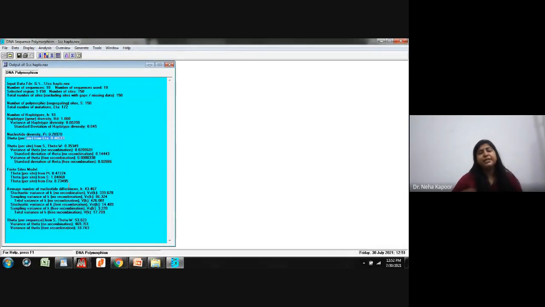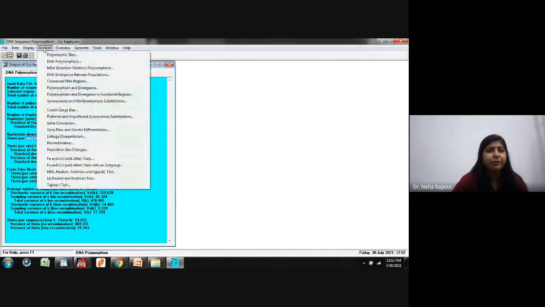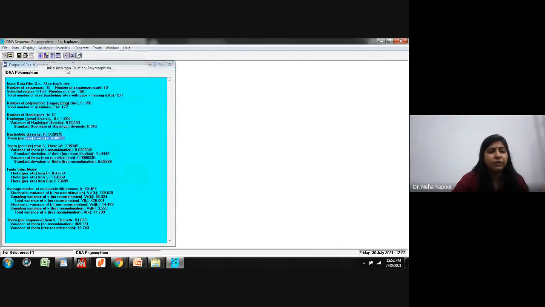This thing is mostly reported in case you are working with some microorganism, or you are working with some genes which are not reported earlier. In that case, you need to ascertain whether this is a type species or an altogether new haplotype. For this, you can directly add the file that you have prepared. You need to upload that file in the Nexus format and you can go for the selection.